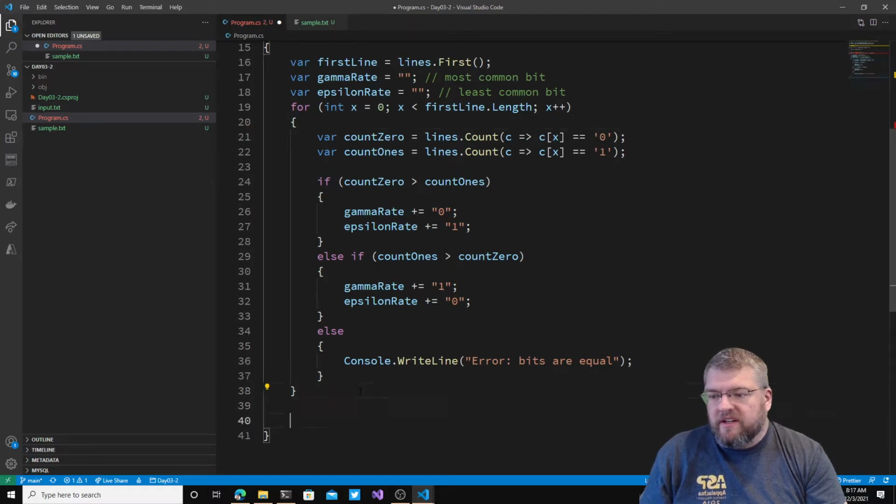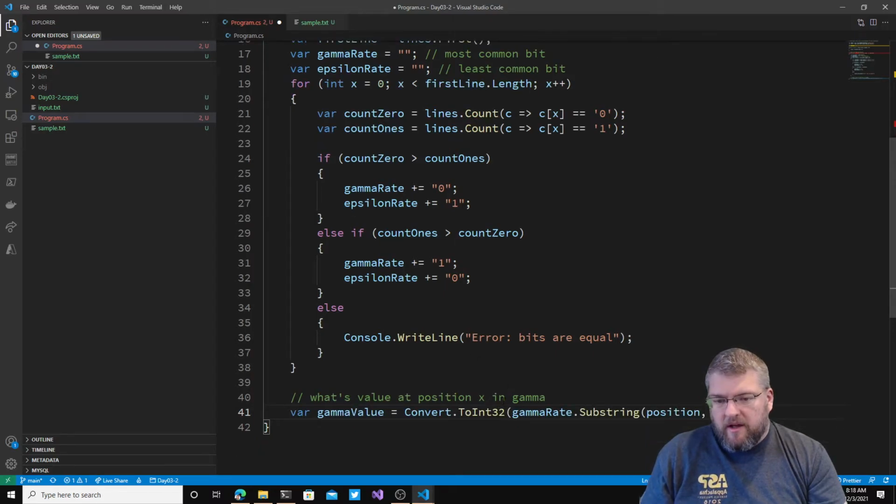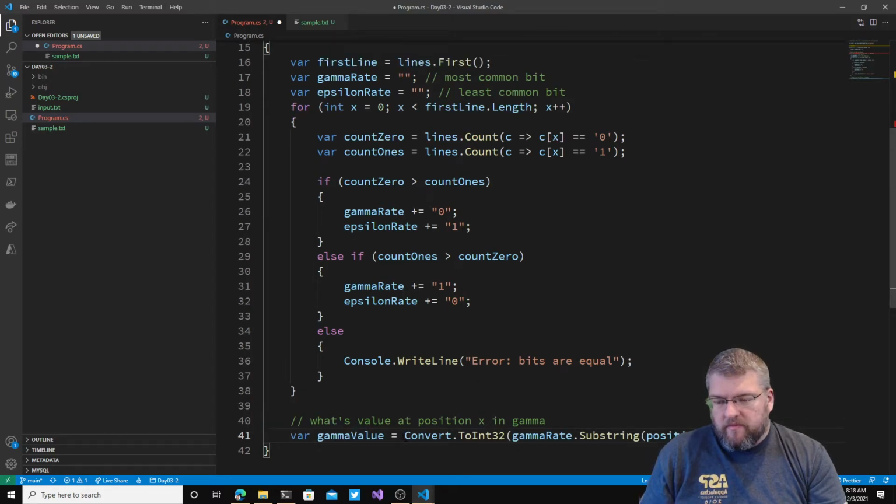When we get done here, we want to know position x in gamma. I don't need to know it as an integer yet. All right, so take,